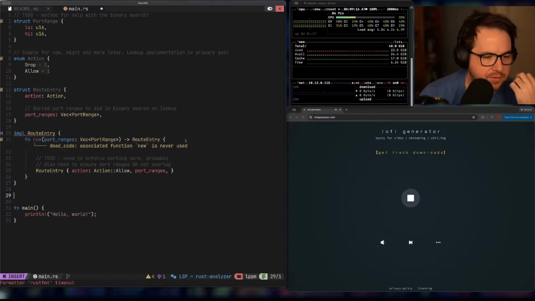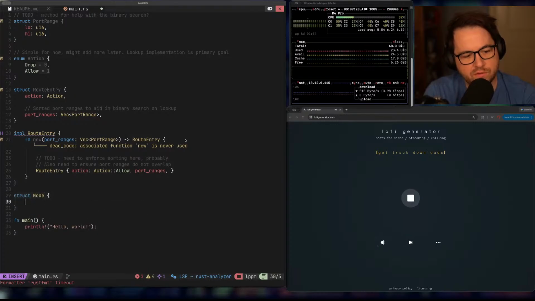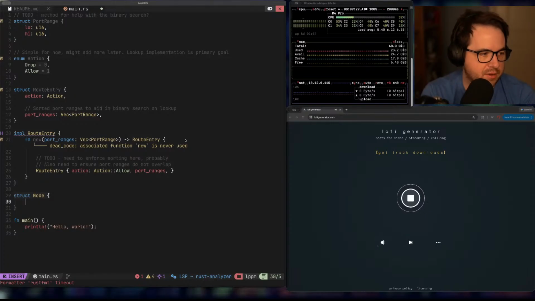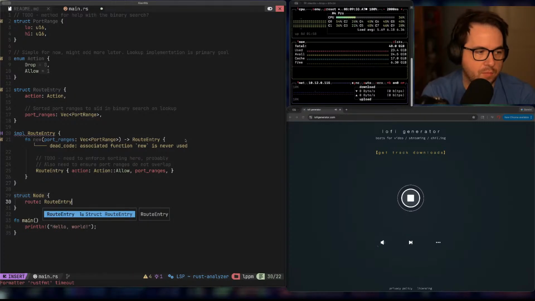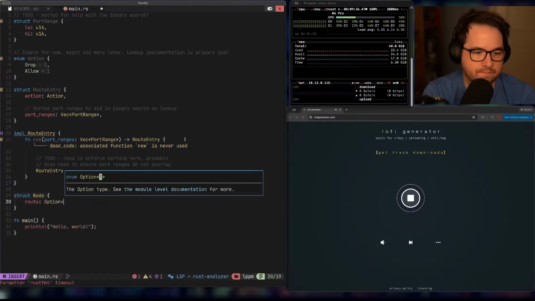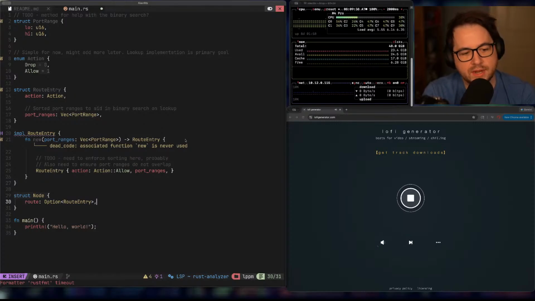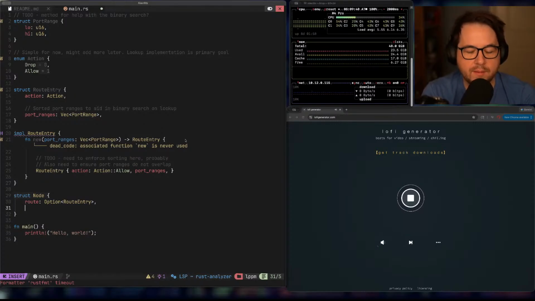Let's see, so this is sort of where we bring things together. We need the node now. So struct node, this is where we actually store not only the route entry, but also the left and right decision. Now, I'll just say route entry. Oh, this needs to be an option, because not every node will have a route. And then that gets into the left and right. So I am planning on making this, and this is probably something I should put in the design,